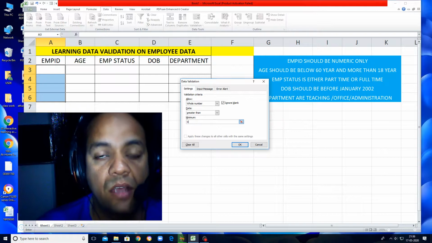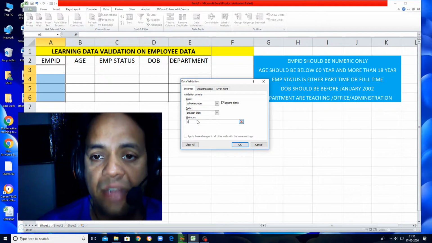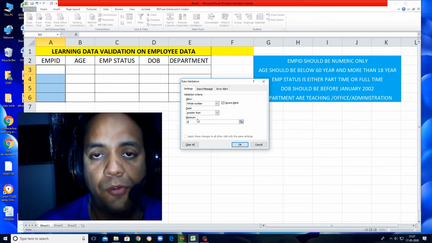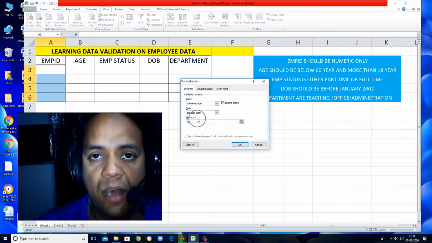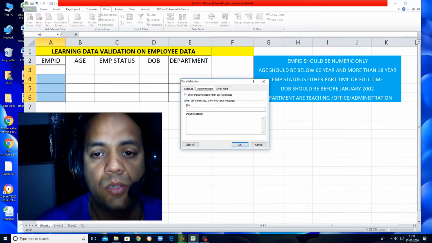Suppose a user is still trying to enter wrong. How can I give a message to him before entering? Suppose someone is using your Excel for the first time. Obviously before the person enters the data, it is better to show a message. This message is called the input message, which appears before entering the data.